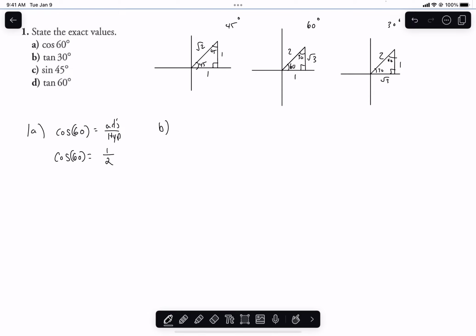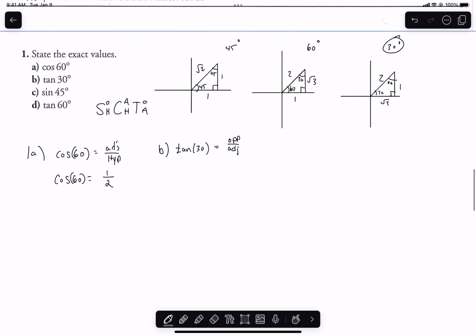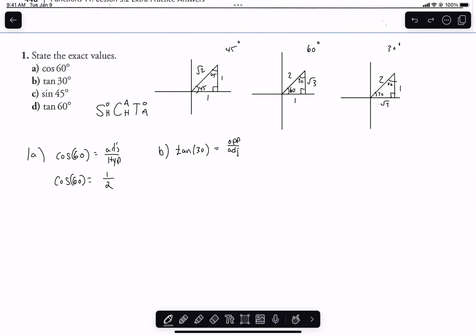Okay, if I do question B, the tangent, and recall too, we're dealing with SOHCAHTOA because these are 90-degree triangles. Okay, and so if I'm looking at the tangent of 30, I know the tangent of 30 is going to be opposite over adjacent. And if I'm looking at the 30-degree triangle specifically, that's the one over on the right, then I'm just going to write down the ratio opposite over adjacent of that 30-degree triangle. And so what I get here is that the tan of 30 is going to equal